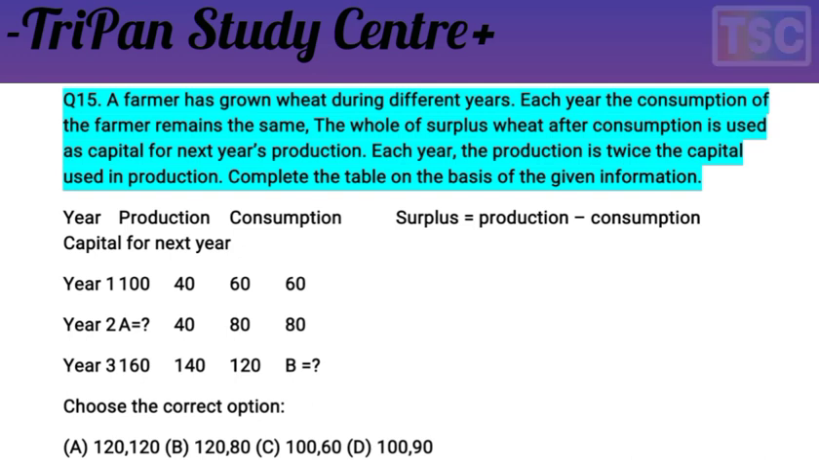The question is very interesting. एक किसान ने विभिन्न वर्षों में गेहूं उगाया है। प्रत्येक वर्ष किसान की खपत सामान्य रहती है। खपत के बचे हुए गेहूं का पूरा उपयोग अगले वर्ष के उत्पादन की पूंजी के रूप में किया जाता है। प्रत्येक वर्ष उत्पादन उपयोग पूंजी से दुगना हो जाता है और दी गई जानकारी के आधार पर तालिका को